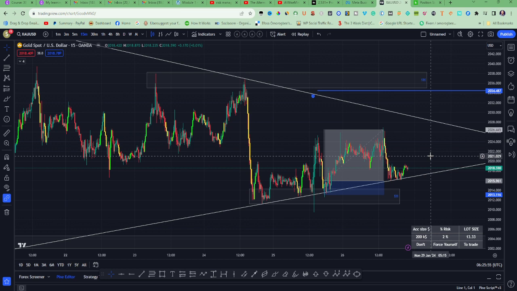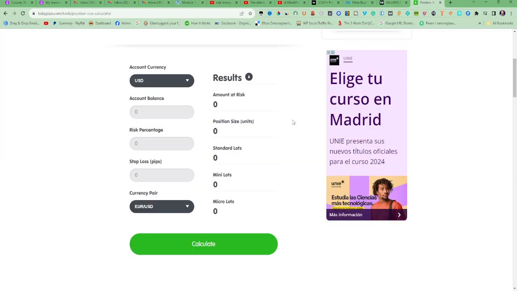Today I'm going to show you how to calculate your lot size. The reason why people are not successful in their trading is because they don't know how to calculate their lot size. For example, if you have a $10,000 account that you want to trade with,